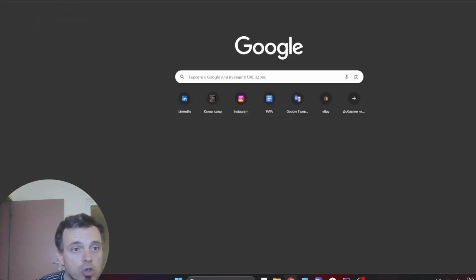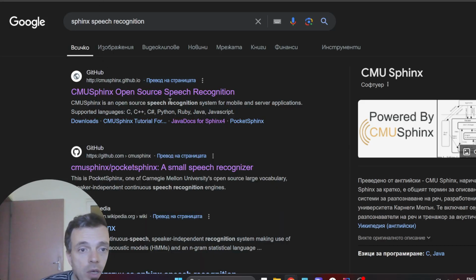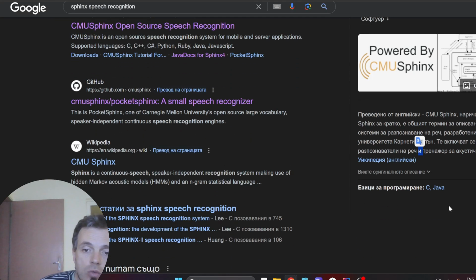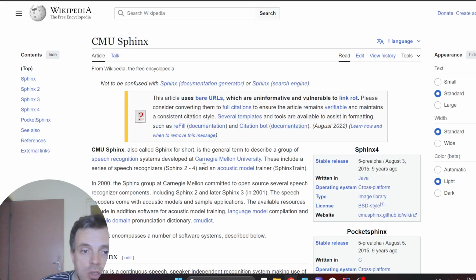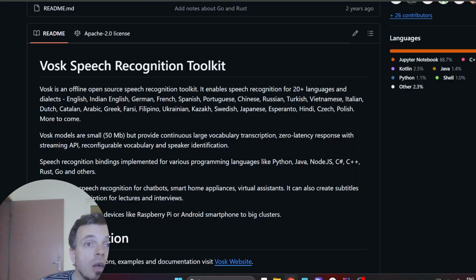speech recognition. This is a very old project that is open source, and it is a universal research, and it is a speech recognition software initially written in C. And yeah, there is a lot of work on it. It uses Markov mathematical models, and I've also found a guy that implemented the